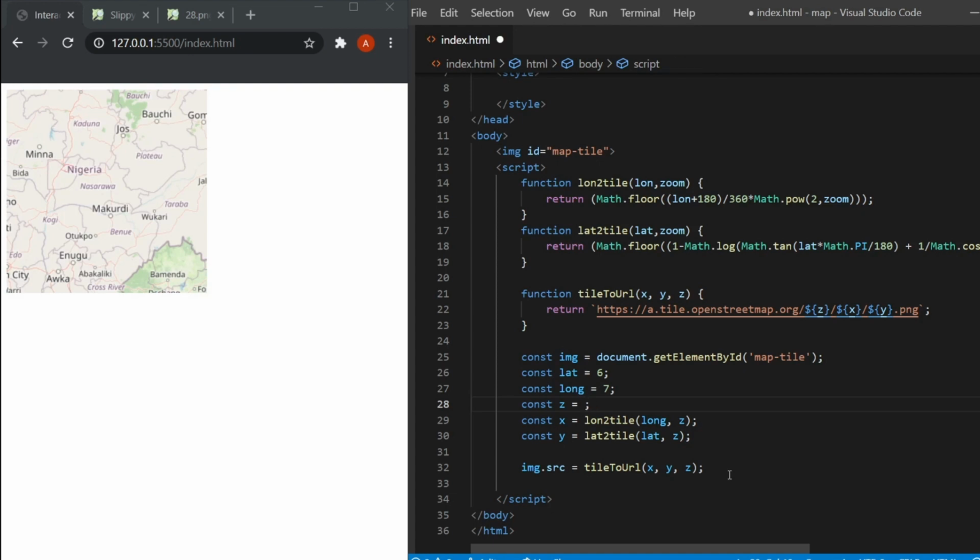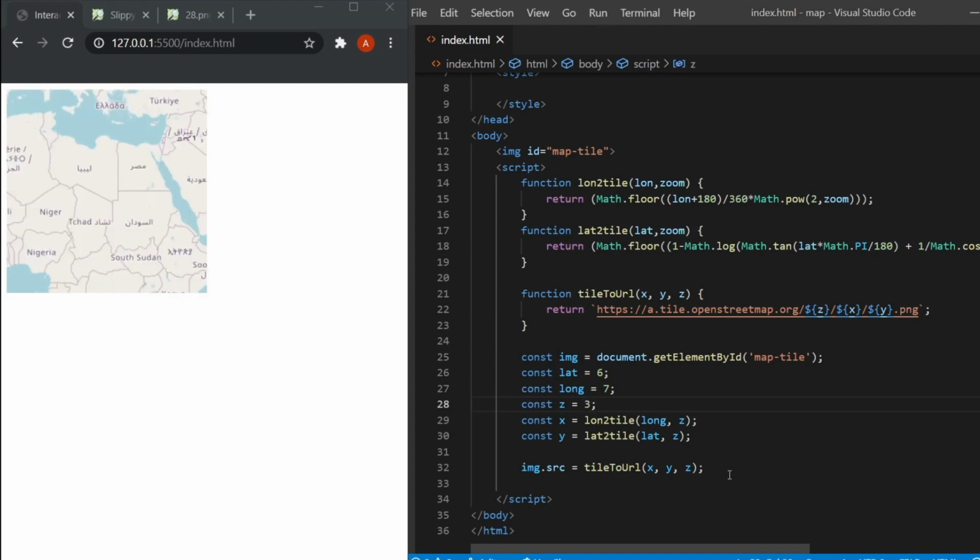But instead of 6, maybe we are decreasing the zoom level to, say, 3. Now we are getting a zoomed out image, showing almost the entirety of Africa there. So in this way, we can interface with the OpenStreetMap tile server. In the next video, we'll be seeing how to create a grid of these images to be able to view the map more properly. So yeah, thanks for watching, and see you in the next video.